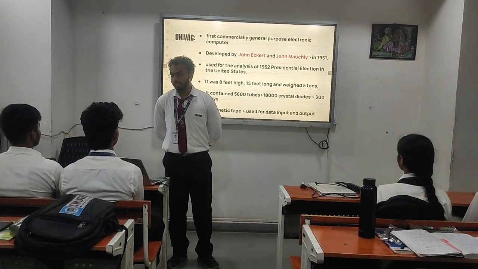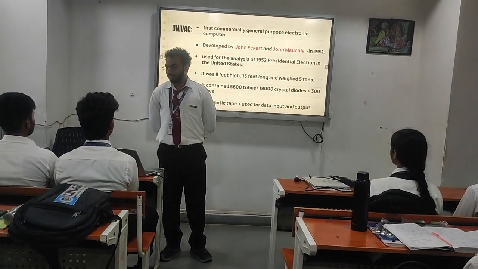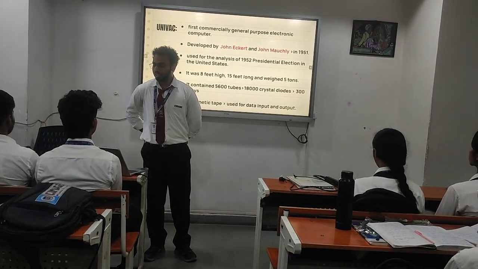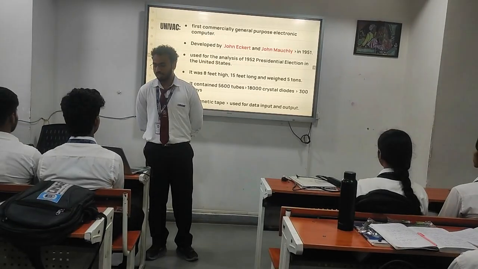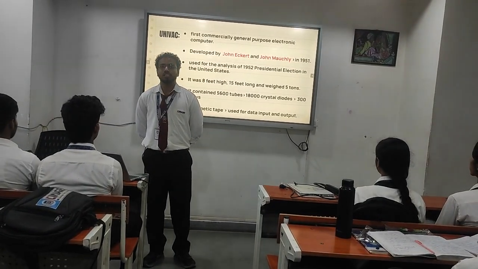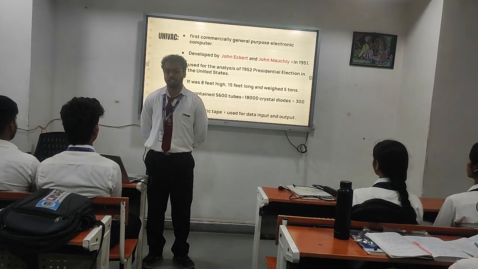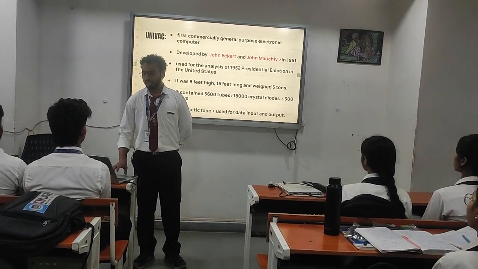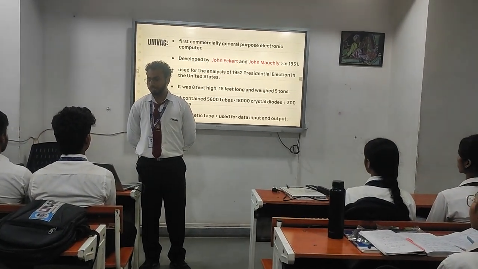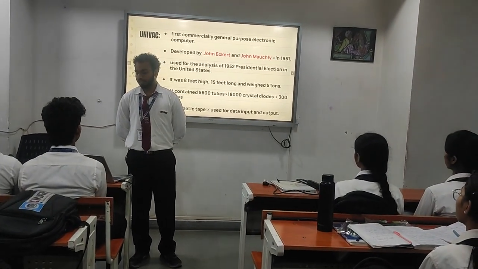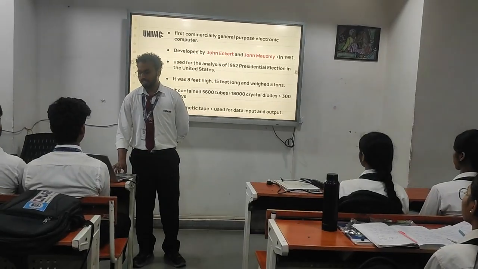So next topic is UNIVAC. This first generation computer UNIVAC was developed by John Eckert and John Mauchly in 1951. The purpose of making this computer was for the presidential election which happened in the United States. Its height was about 8 feet, it was 15 feet long and weighed about 5,000 kilos, which is equal to 5 tons, and it contained about